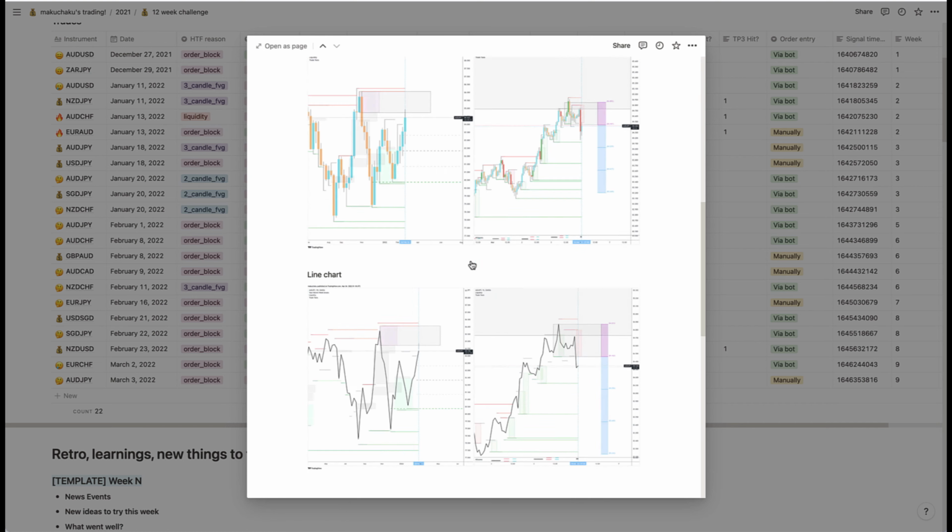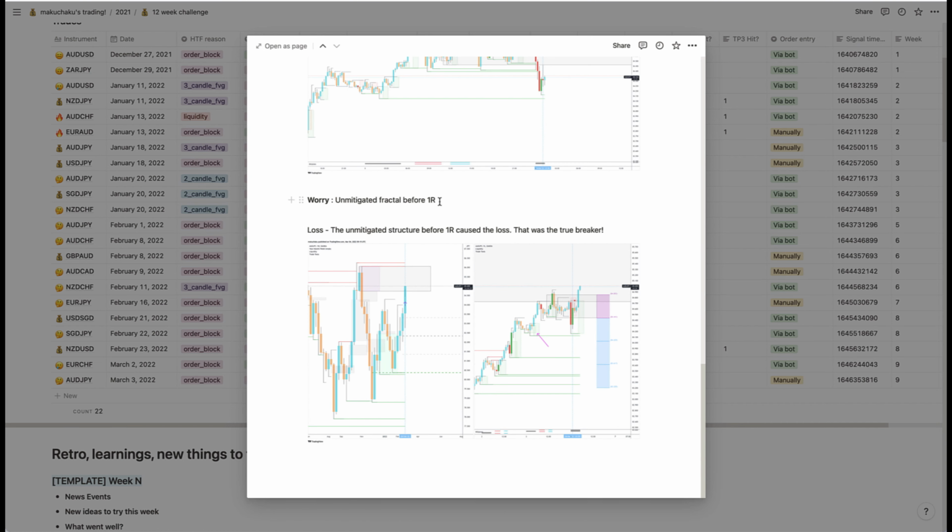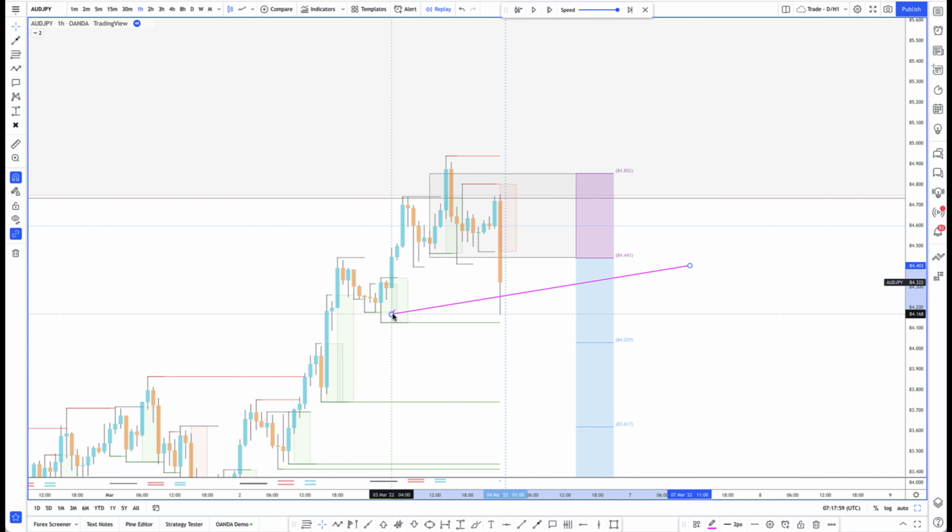It is one of my rules, I had documented this, that there's an unmitigated fractal before 1 hour. It is one of my rules that if before 1 hour is hit, so this is 1 hour, if there's an unmitigated structure before that, don't take the trade, because then the risk of losing is too high. Knowing fully well, I did not properly anticipate this, and I think I was just too eager to take this